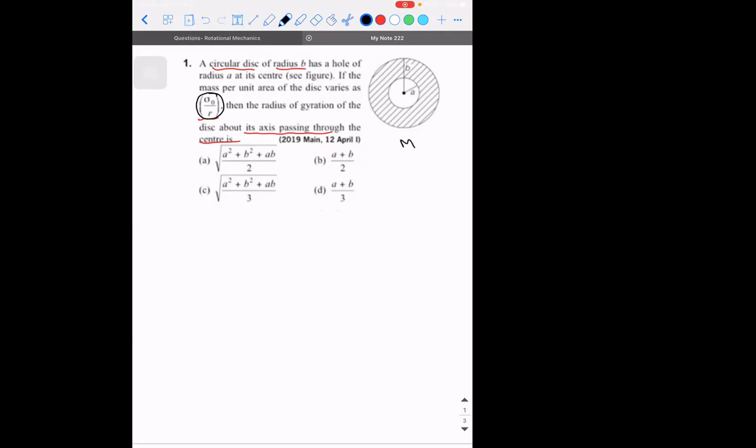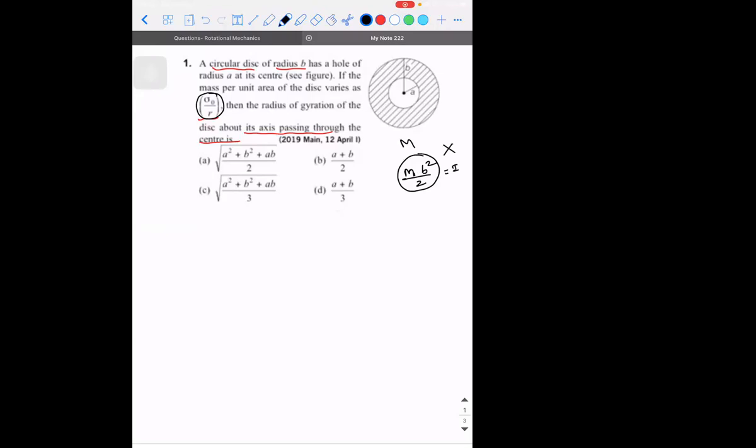See, if I take the mass of the whole portion as m, then can I directly write the moment of inertia of the bigger disk as mr square by 2 about its center? Had it been a complete disk, can I write the total moment of inertia as m into b square divided by 2, where m is the mass of the object? Can I write it like this or not? Yes, sir. The answer is no.